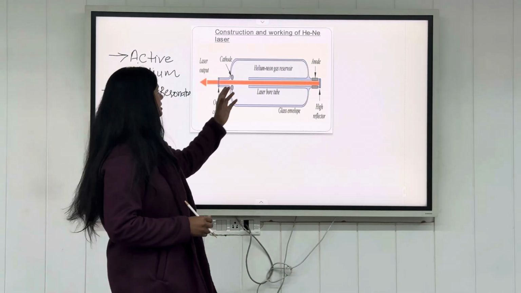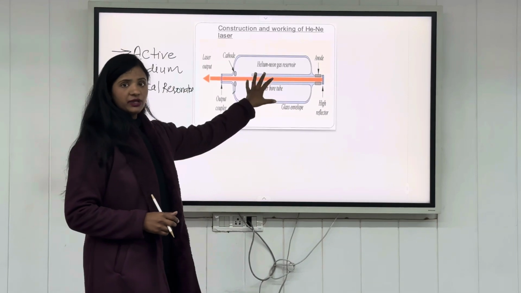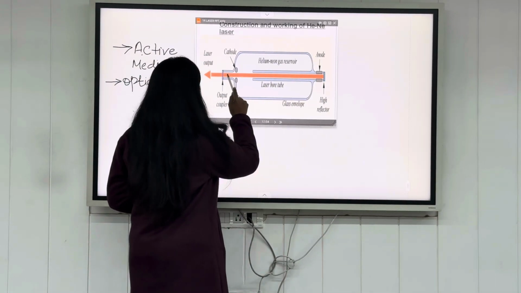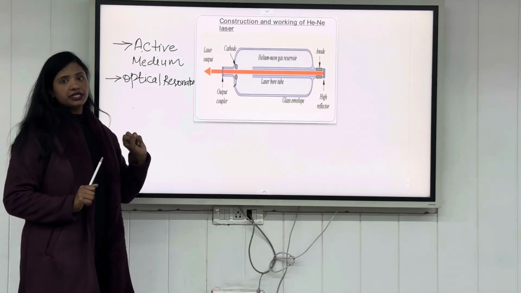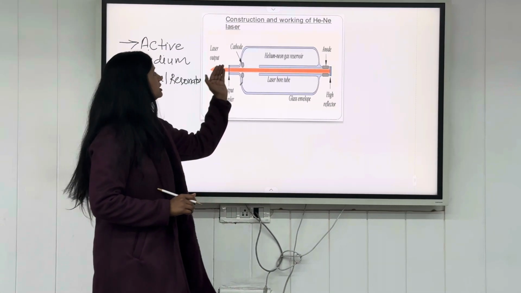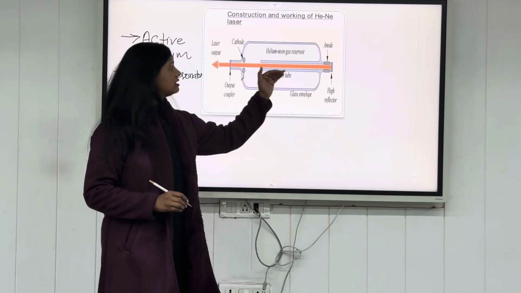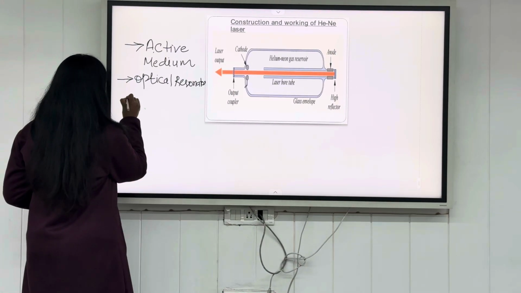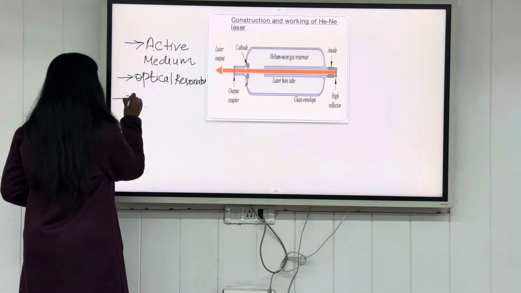The laser light that is emitted in the active medium is forced to move back and forth in the optical resonator, and this is how the laser light becomes intense and highly directional. The third component is